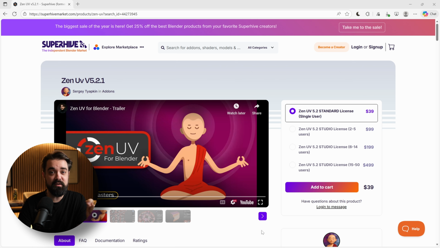Number 8 brings us to everyone's favorite part of 3D art, which is UVs and retopology. Personally, I've been using the ZenUV add-on for Blender for years because it speeds up the entire UV workflow. But since ZenUV doesn't have a Black Friday sale running right now, I want to highlight a tool that I've been meaning to try for a long time, which I believe is